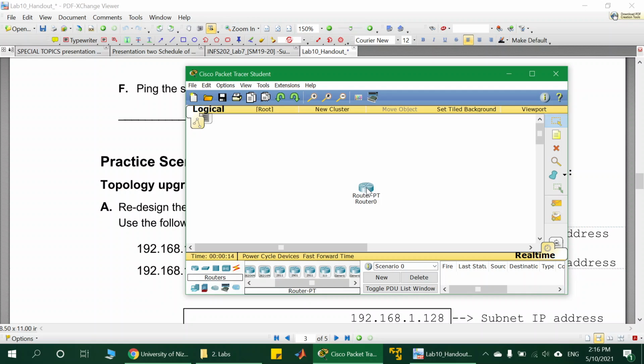Router PT, so that's the router here, and that's a switch also here, and there should be PCs 1, 2, 3, and then we have one server over here. Okay,